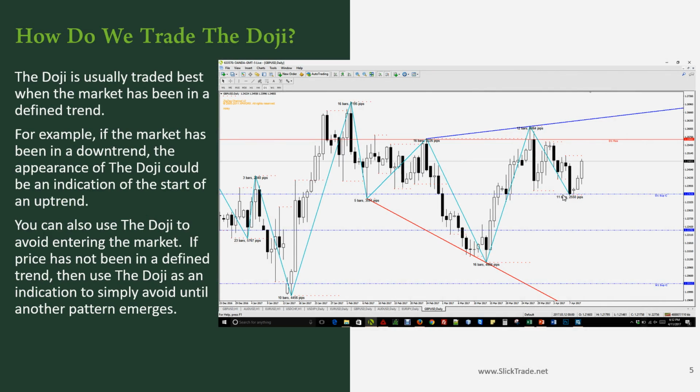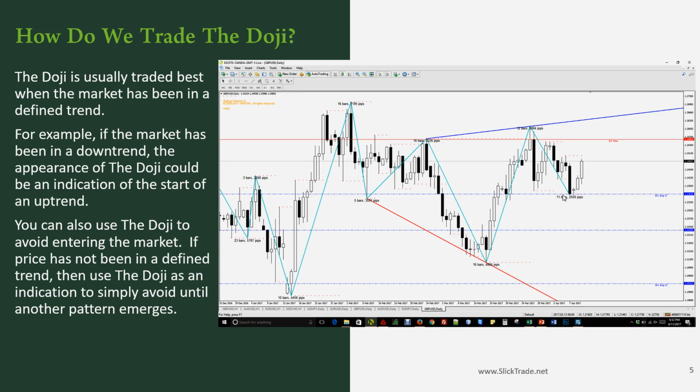So how do we trade the Doji? The Doji is usually traded best when the market has been in a defined trend. For example, if the market has been in a downtrend, the appearance of the Doji could be an indication of the start of an uptrend. You can also use the Doji to avoid entering the market. If price has not been in a defined trend, then use the Doji as an indication to simply avoid until